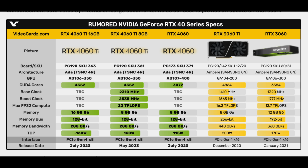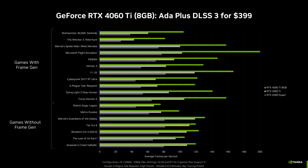I bet you when they do internal tests, they can also see that 8 gigabytes of VRAM, if you want to use things like high textures and ray tracing, 1440p, even at 1080p, they already are showing limitations on 8 gigabyte GPUs. So they can't really go against that type of data. They can't really fool people. So that's why I think they're starting to release GPUs like a 16 gigabyte 4060 Ti in order to save some face, which still likely have a lot of complaints for these GPUs having 8 gigabytes of VRAM when these reviews finally come out. But at least now they can point to a 16 gigabyte 4060 Ti and say, look,